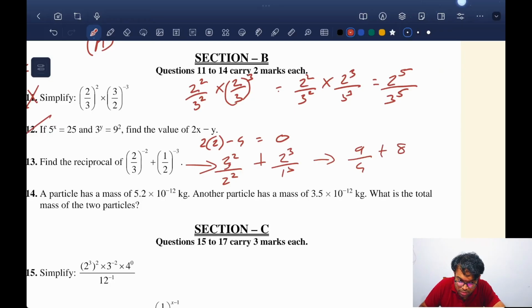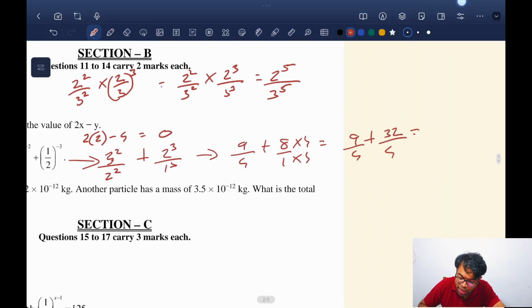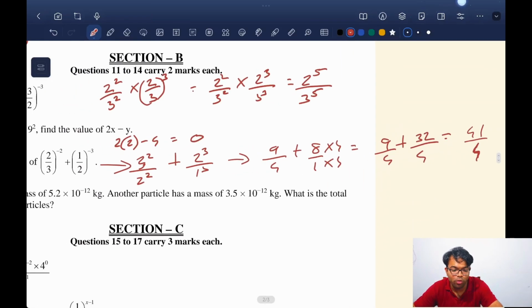है ना? Yes, sir. Upon 1 multiplied by 4 into 4. So क्या हो जाएगा? डिनोमिनेटर तुम्हारा सेम हो गया। 9 upon 4 plus 32 upon 4 is equal to क्या निकल के आया? 32 plus 9, 41 upon 4। आंसर सही है? 41 अपॉन 2 लिखा होगा तुमने।